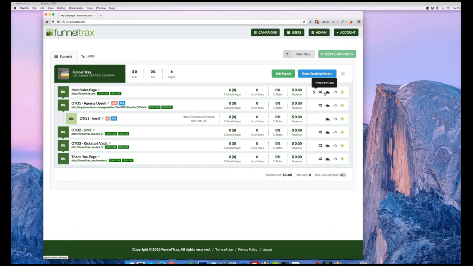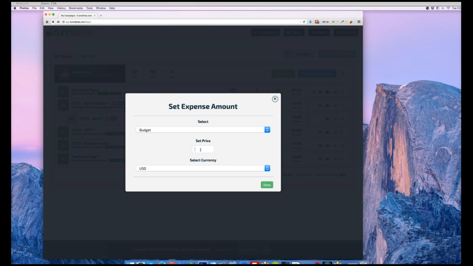Now, there's a few other things that you can do here. The other thing, you'll notice that there's this return on investment number here. I can go in here and say, okay, I'm doing some paid advertising, right? Maybe my budget is $500. I could choose the